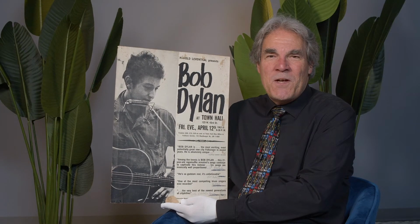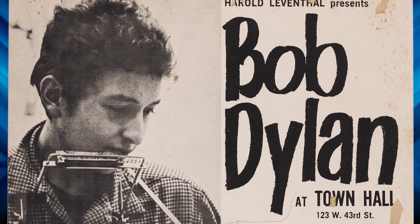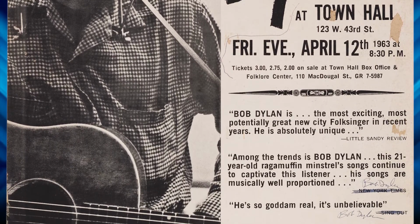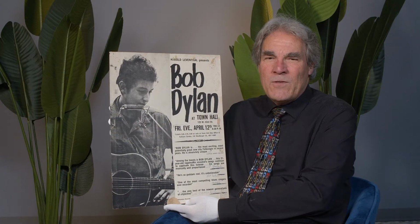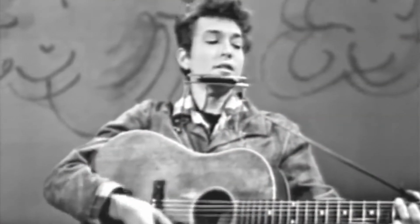And yes, it's in somewhat rough shape, but we made the decision to keep it that way. So it's 100% 1963 molecules, as I like to say. And it's got so much personality to it. With these autographs and doodles, it's got to be a candidate for the best concert poster ever. What more could somebody want, factoring in, remember, Dylan hadn't released Blowin' in the Wind yet, for heaven's sake,